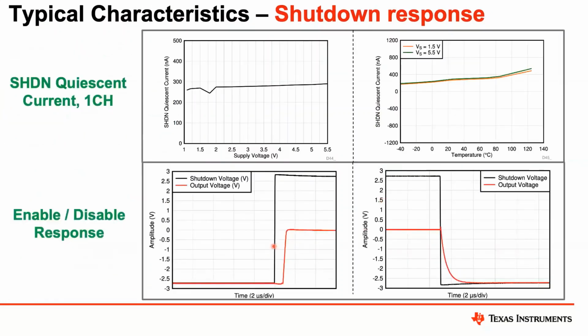Lastly, in the typical characteristics curves, I want to mainly draw your attention to this. This is where we are providing the enable signal, and you can see in the red color, the amplifier comes up, turns on, and settles to almost its final value all within 2 microseconds, like we showed in the previous slide. So this is what would enable duty cycling very easily with OPA310 when compared to the rest of the amplifiers out there.